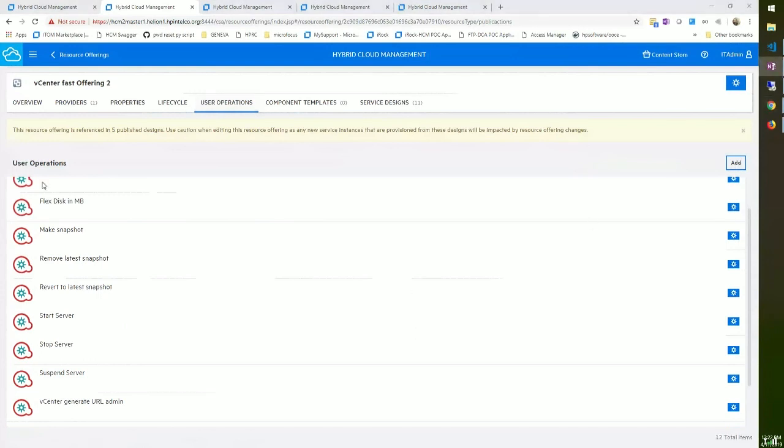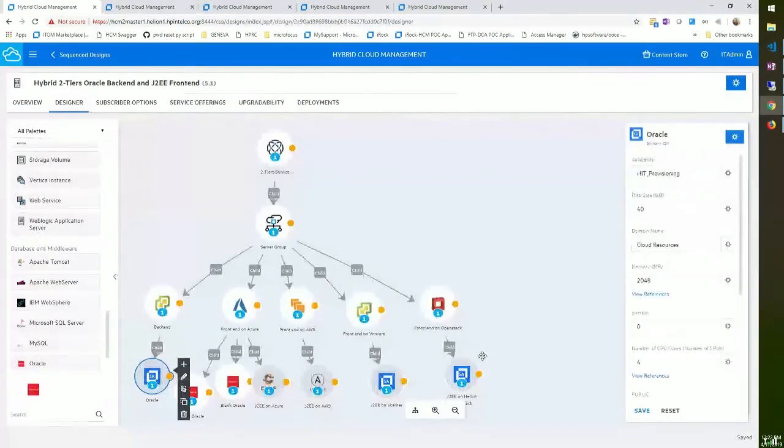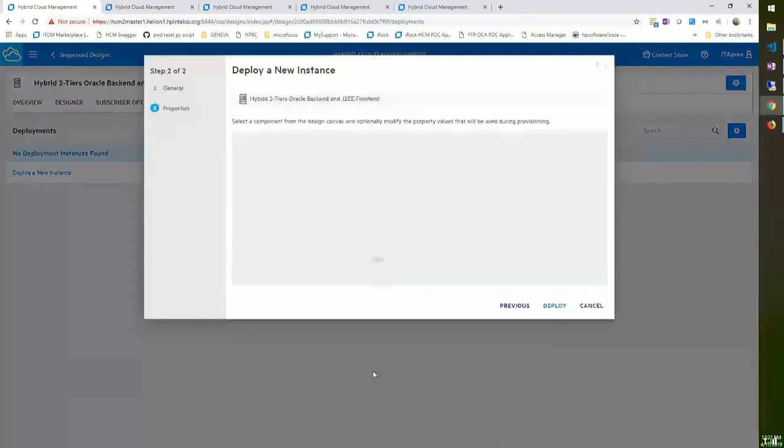Okay, so once you're done with creating your service, which is you have built the components, you've added the what and how to get that component instantiated, now it's time to test. So we do provide capability to test the deployment from the service designer itself, and this is a very critical phase because before putting any service out in production, you want to make sure that it's running and it's tested. So we can quickly test deployment as a service designer here